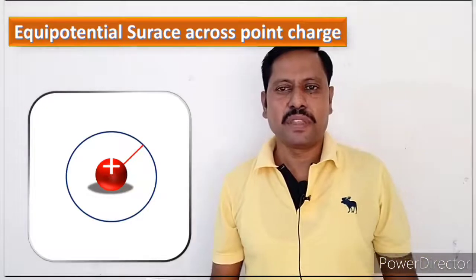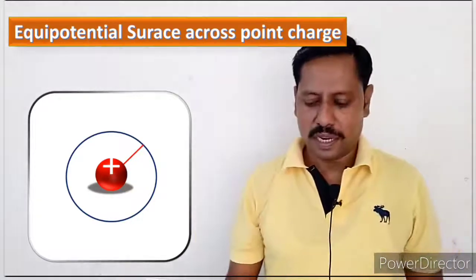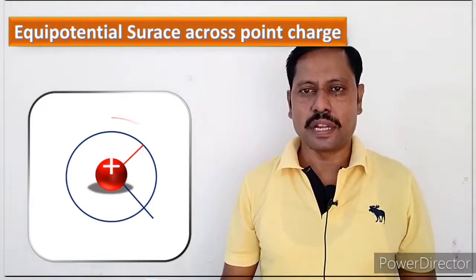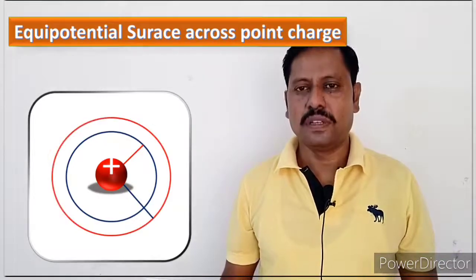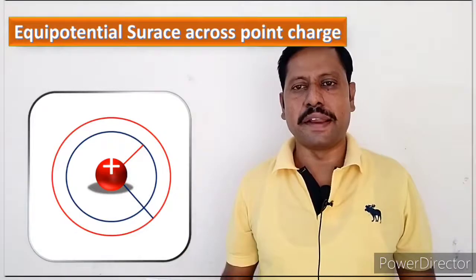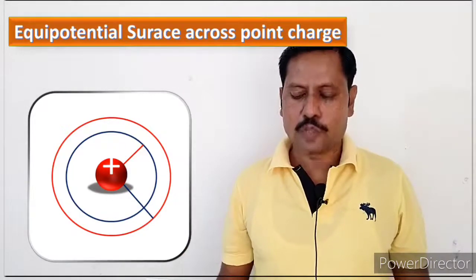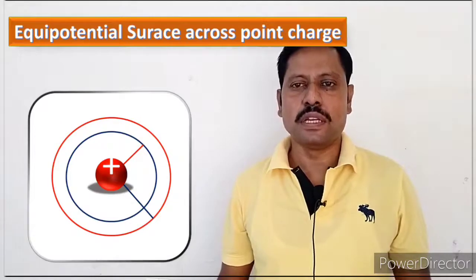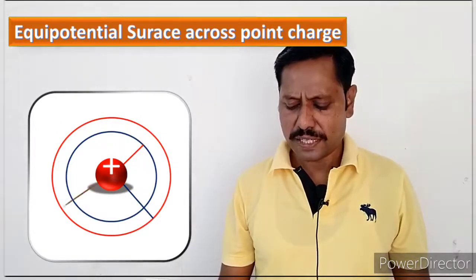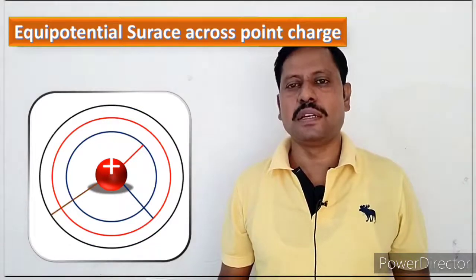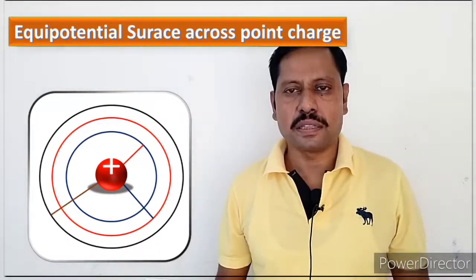In the same way, if I take another radius, let us say r2, I can make another circle in this way. I have shown it here in red color. Okay, so basically it will also form one type of equipotential surface. Let us take one more. Now again we can form such a circle with radius r3.